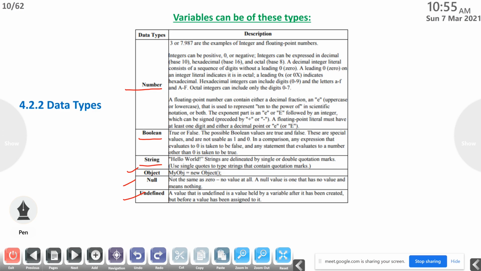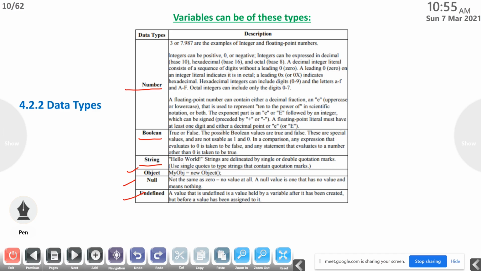Then the description: 3 or 7.987 are examples of integer and floating point numbers. Here there is no discrimination between integer and decimal.